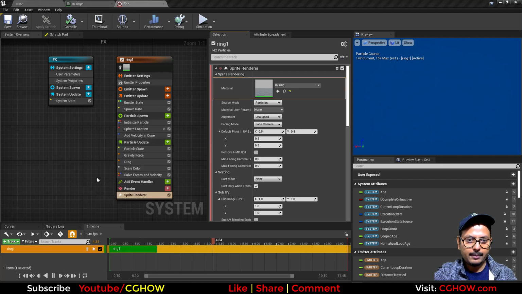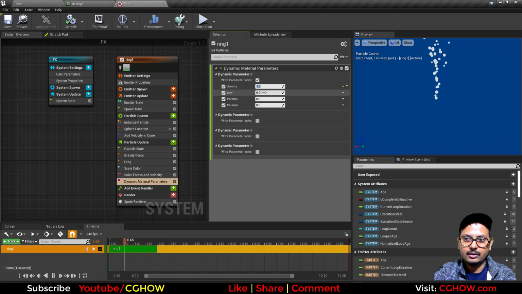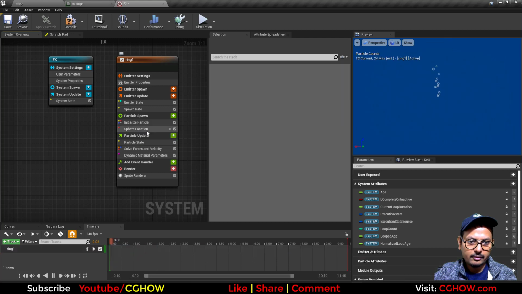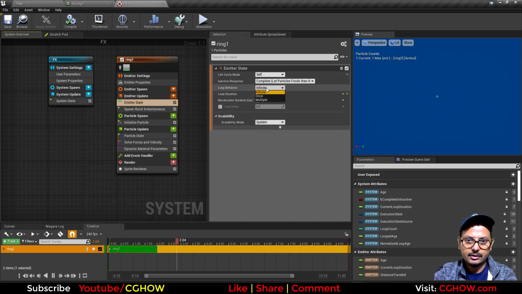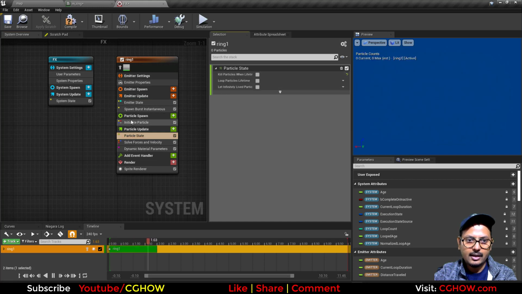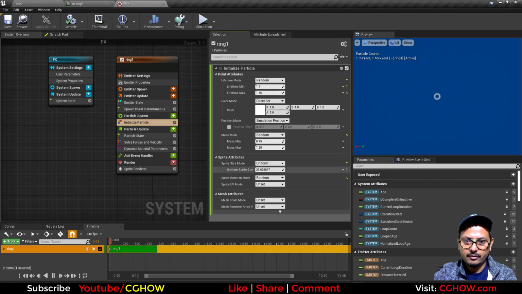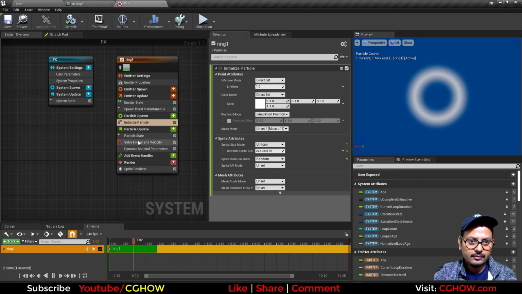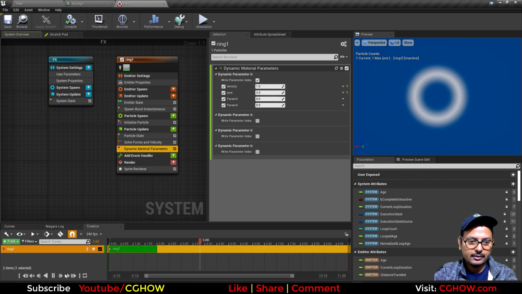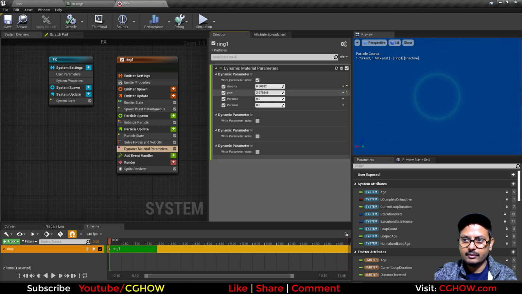Let me take the dynamic parameter, default value I'll use 1, and power maybe 2, and then I don't need these things for now, and let's just use a spawn burst, one particle just once and life infinite, and then here size will be uniform, no mass and no life, and then with dynamic parameters I can make this like this, and this will make it thinner,